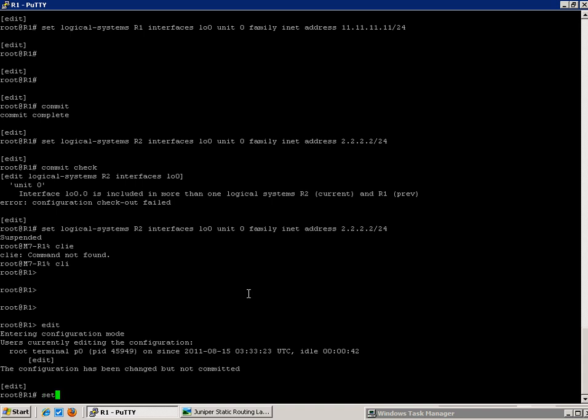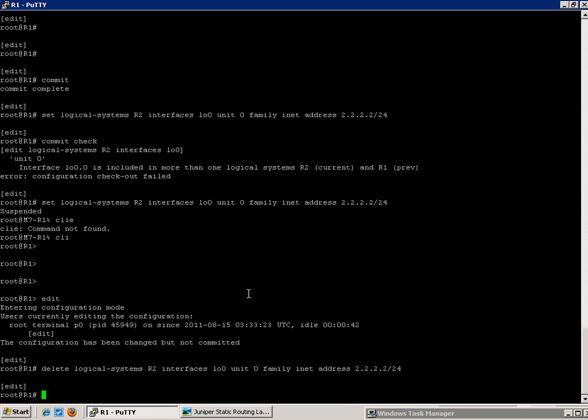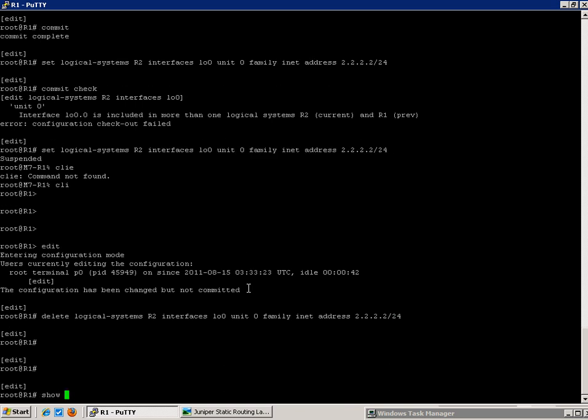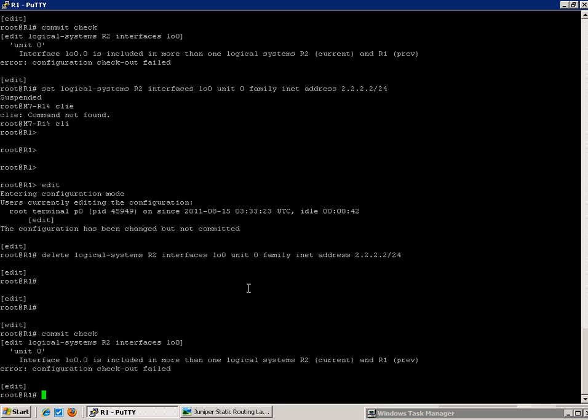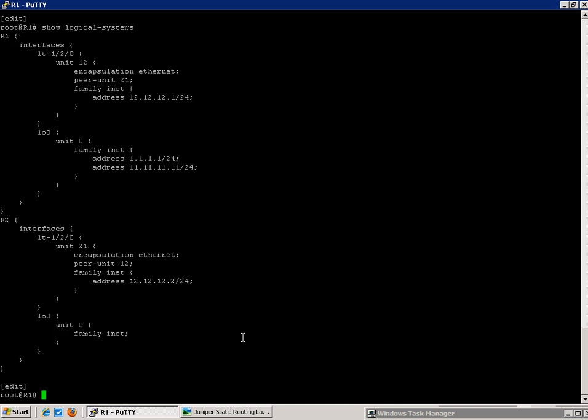So we'll do the command delete. We'll do delete logical systems R2 interfaces loopback 0 unit 0 family inet address 2.2.2.2/24. So if I do a commit check, we see that we still have the error: loopback 0.0 is included in more than one logical system. So if I do a show logical systems, what this is going to show us is that R2,